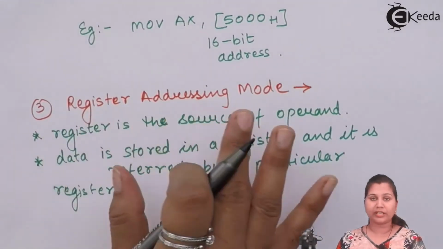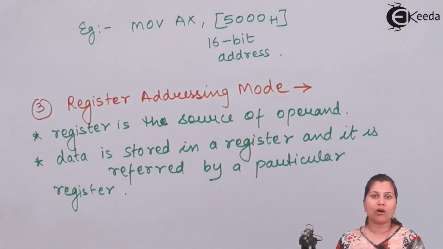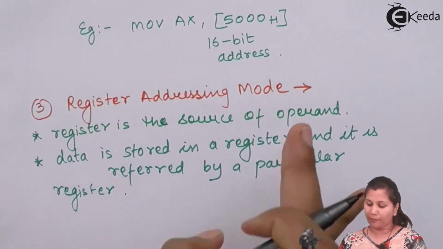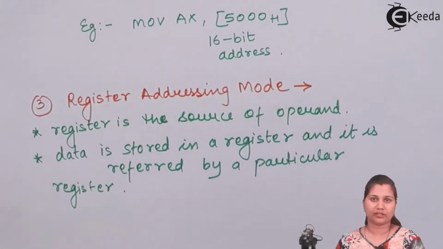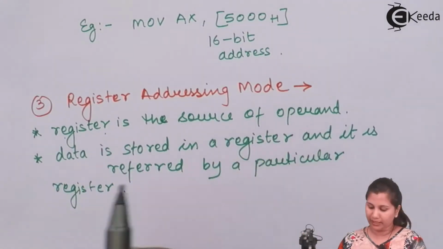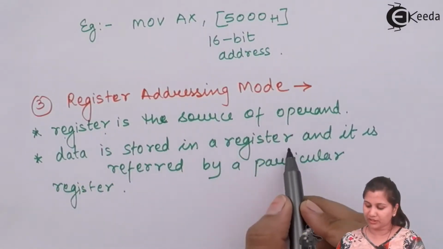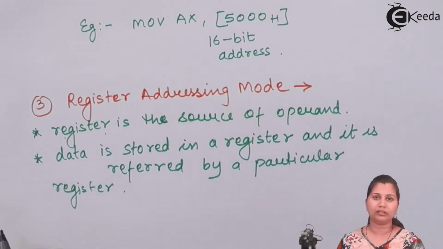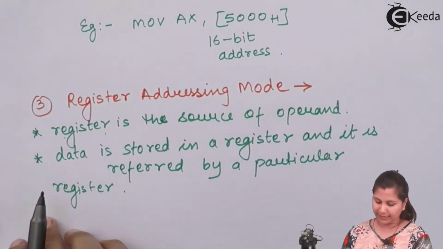So in the register addressing mode, the data on which the operation has to be performed, that is the operand, is stored in the register. So the register itself is the source of the operand, and the data is stored in the register, and it is referred to by a particular register. If we take an example,